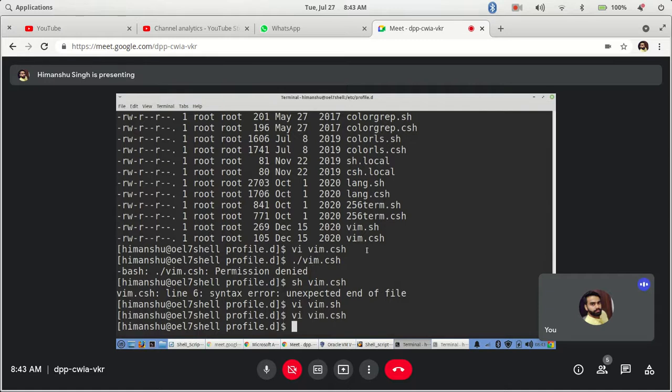Now next, try to find out how we can use aliases based on functions. Let's see if you are able to find it. Aliases for functions means how you can pass some parameters to your alias as well, so that it will work as a separate command itself. You can try it out, else we will discuss tomorrow.